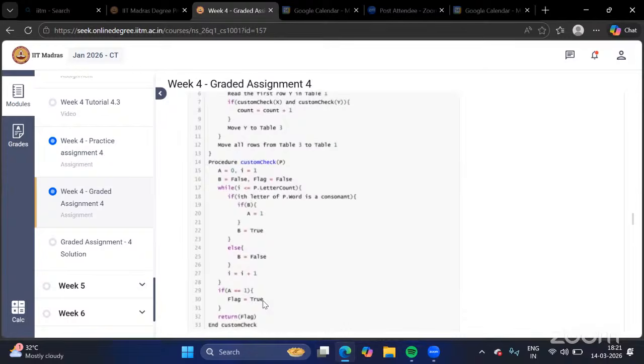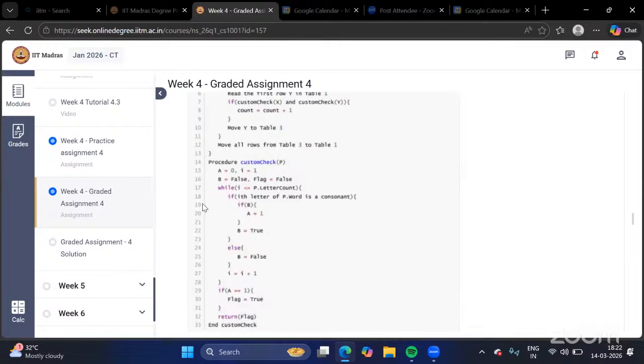Line number 22 will be evaluated even if B is true or false. So at the end of executing the if statement in line number 18, we will get B equal to true,